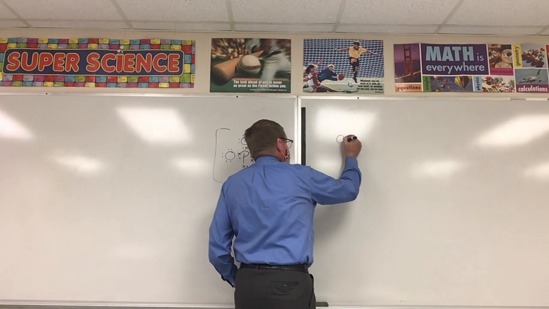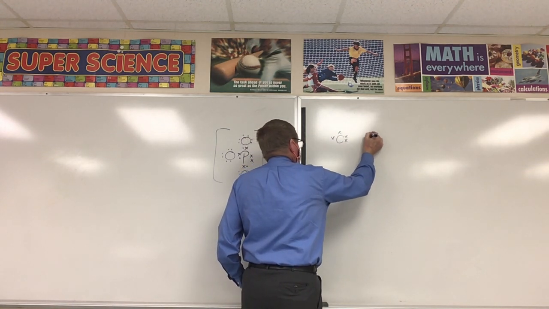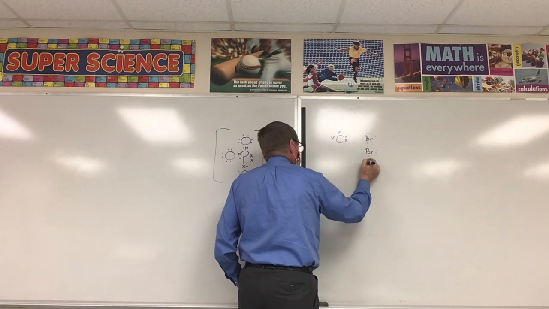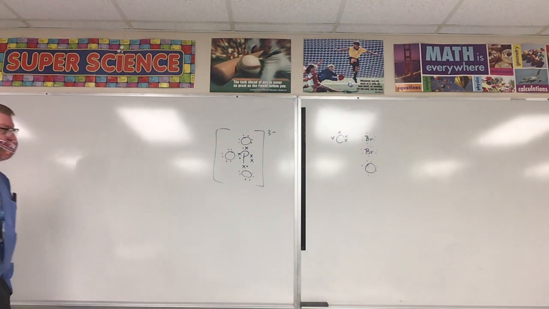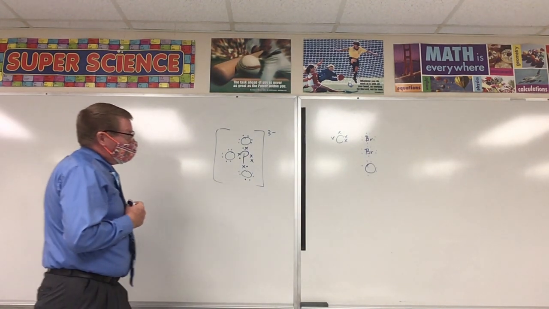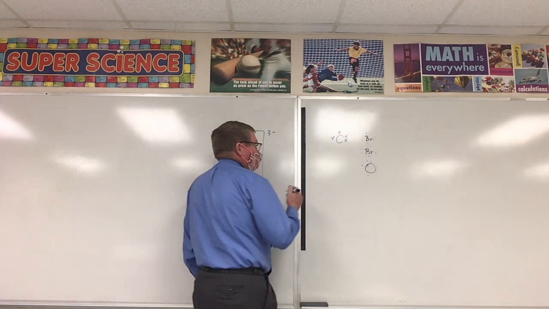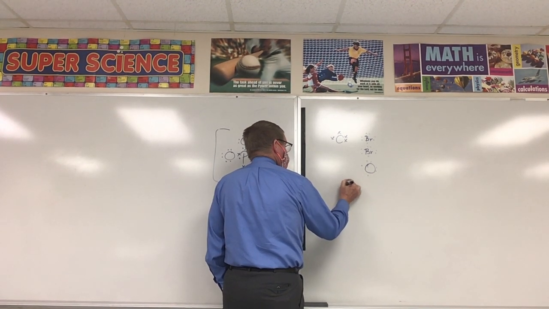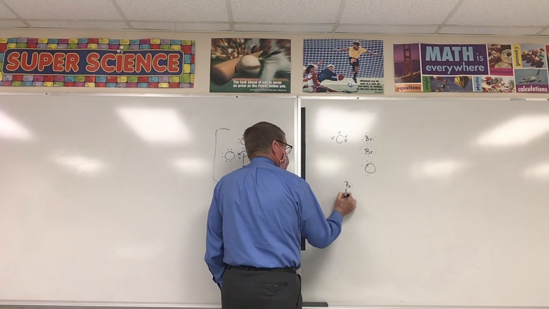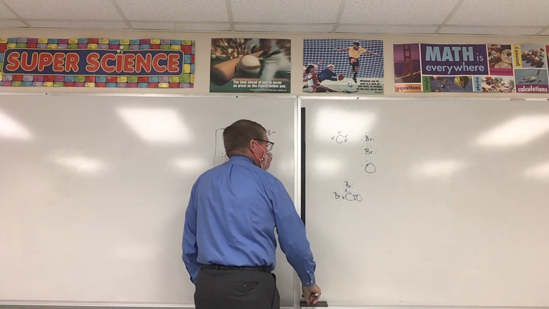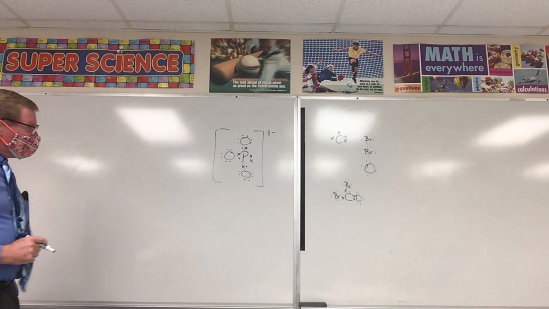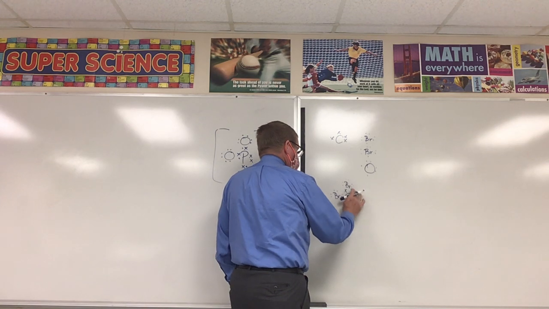COBr2. Alright, so here you have 4 elements. Which one is going to be central? Your carbon. And so basically what's going to happen, I believe it's going to go like this. Carbon only has 6 now. Yep, carbon only has 6. So you double bond the oxygen and then put